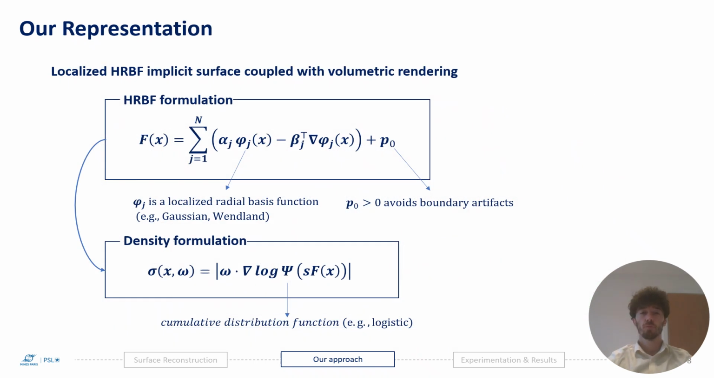Let me now describe our representation. We represent surfaces using an HRBF formulation, where the implicit function f of x is defined as a combination of radial basis functions, their gradient terms, and the constant offset term p0. In our formulation, the basis functions are localized kernels, such as Gaussians or compactly supported functions. This allows us to limit the influence of each point to a local neighborhood. We also use a positive constant term p0 to avoid boundary artifacts, and more details about this choice are provided